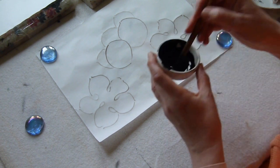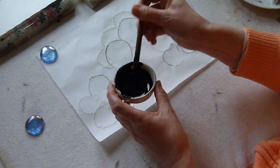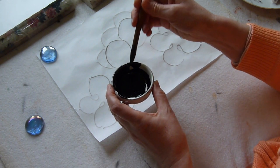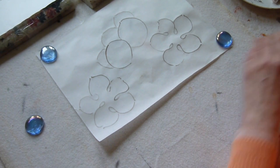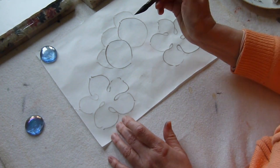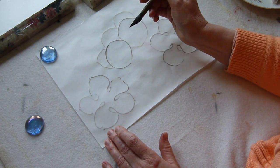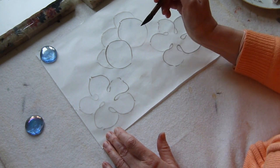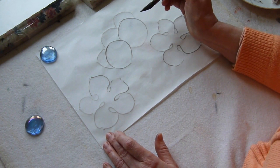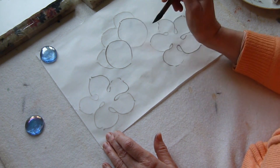So I'm just loading up my brush now with the very thick dark ink, undiluted. If you need to do a little bit of blotting on your tissue paper to make sure you've got good control of the ink, that when you put your brush down it doesn't run everywhere, you may need to do that. And then we're going to paint the sepals on these 3